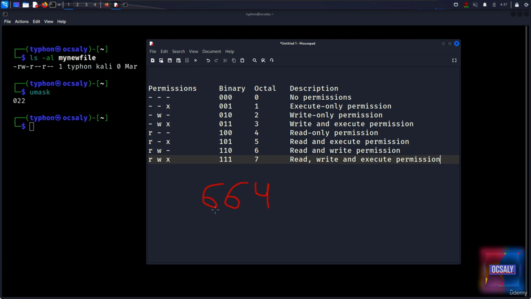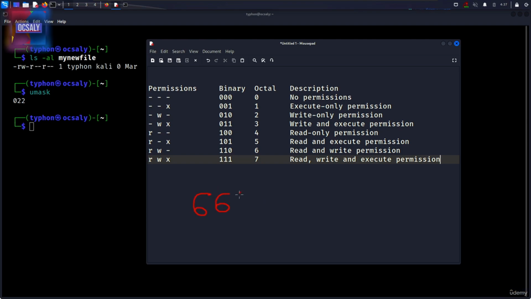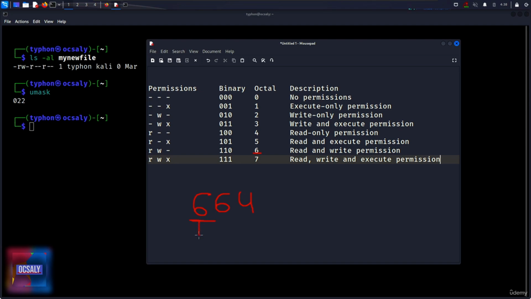Actually, let me write that nicer here. So in this case, 6, 6, and 4. The 6 here, remember, represents read and write permissions for the user. As you remember from previous lectures, the first is user, then group, and everyone else. So here the 6 is for user,